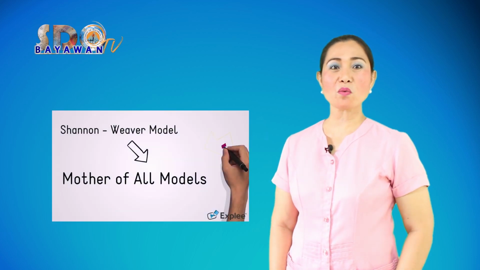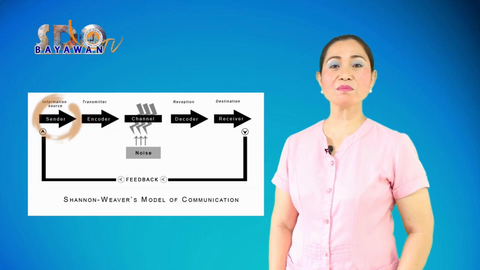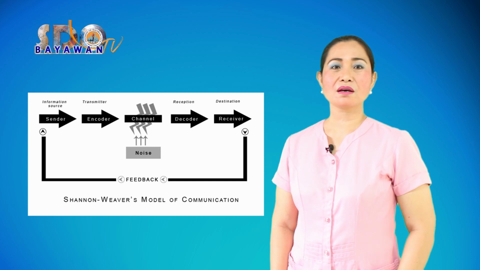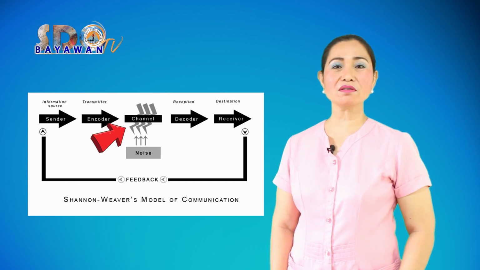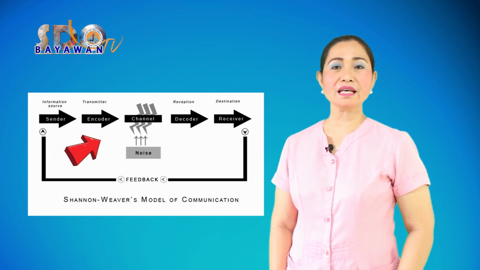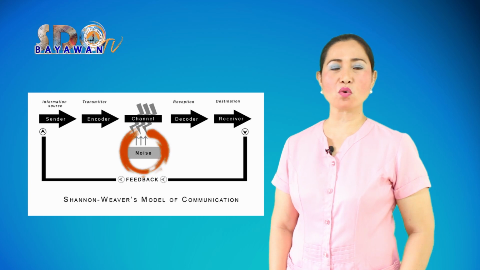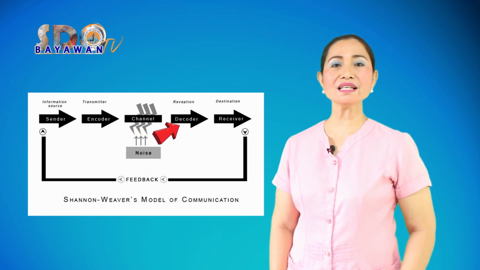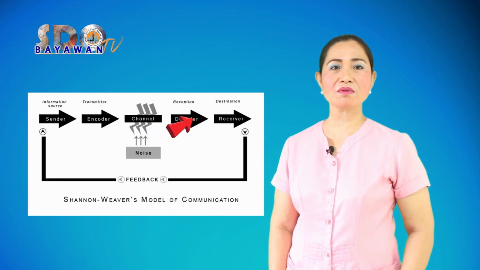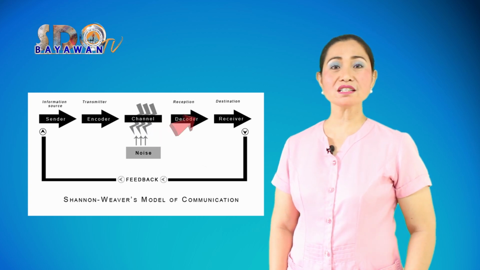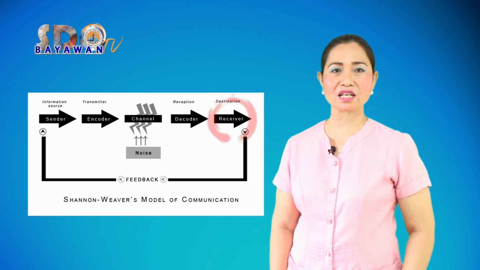It has one-way process starting from the source or the producer of the message, which is passing through a channel that we call signals, and it is adapted for transmission, which may at times be interrupted by noise or what we call barrier to our receiver, who is a decoder of message from the signal. The process stops after the message has arrived at its destination.